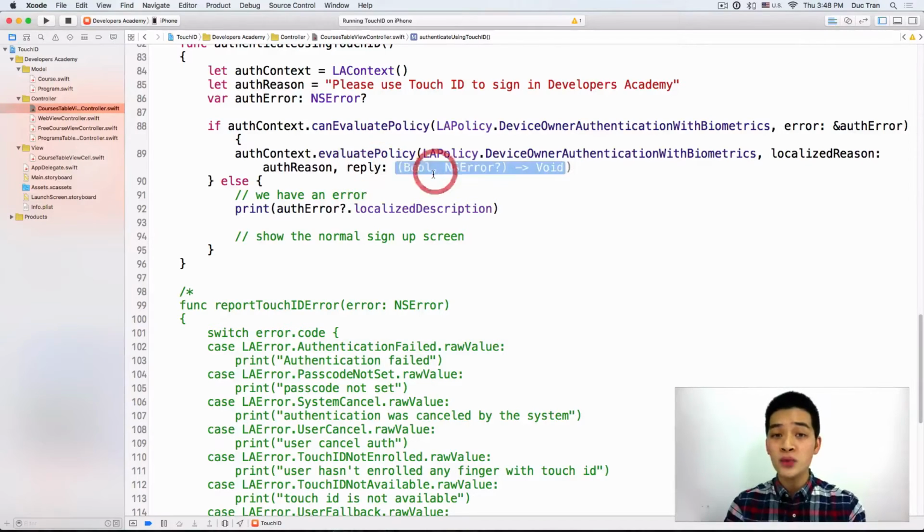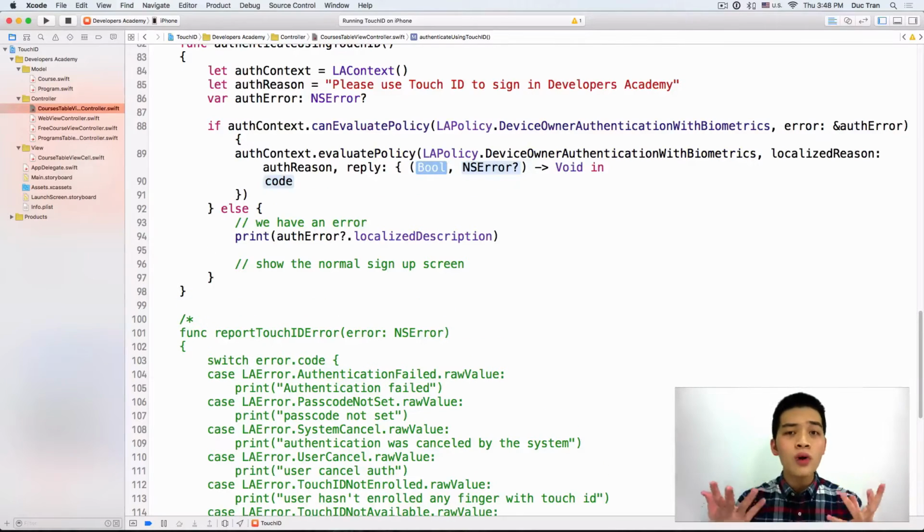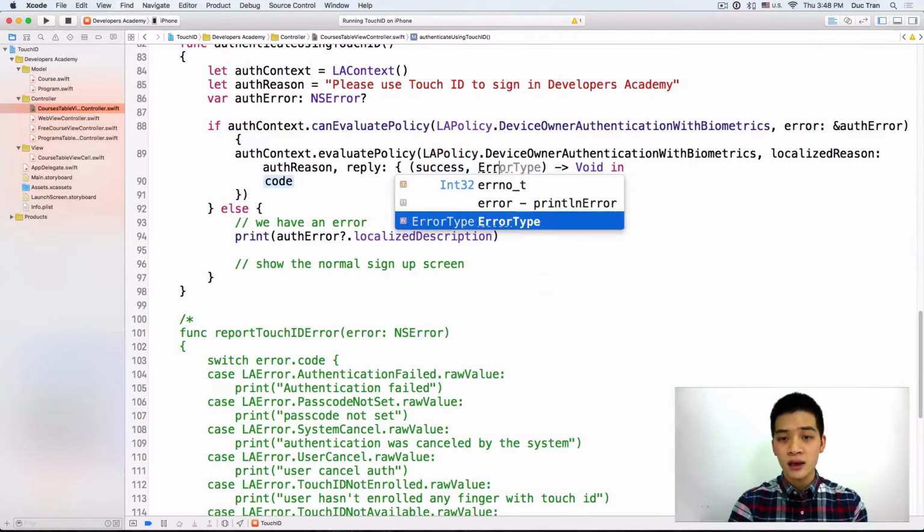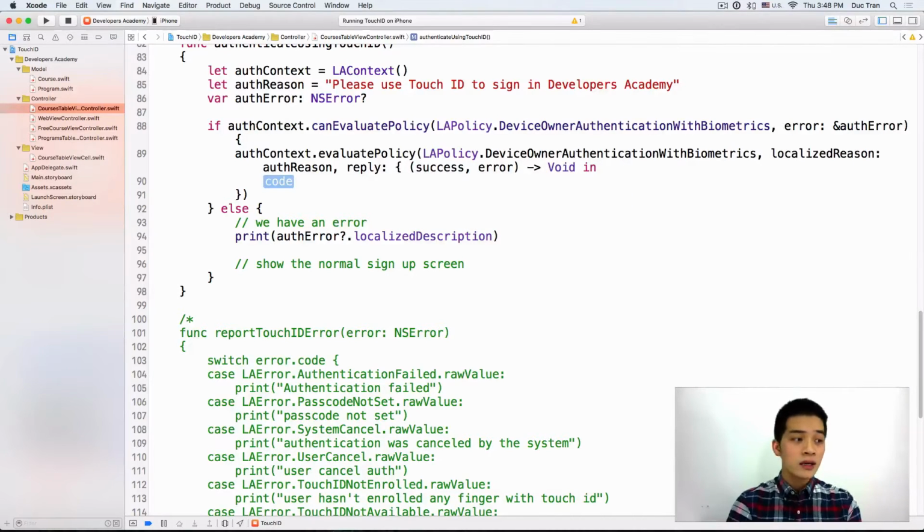Now we have this reply, and I want you to pay close attention over here because there is some other way that I see a lot of people get wrong about this. It's not wrong, but it's not the right way to do that, and it's very dangerous if you do it wrong. Okay, so we have the reply, which has the success and error. Okay, if we successfully authenticate